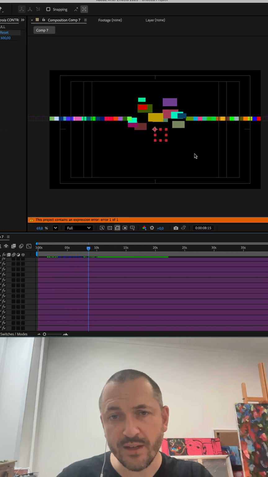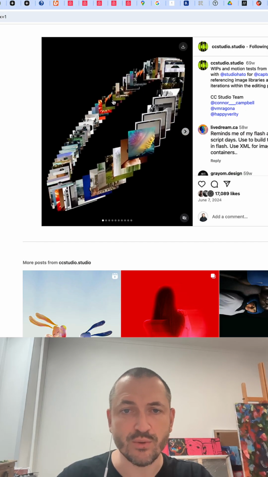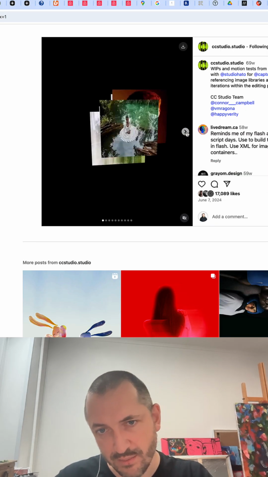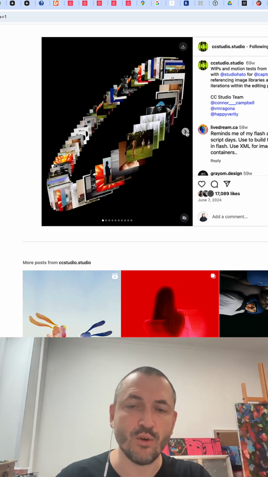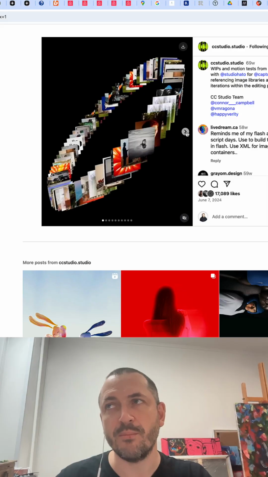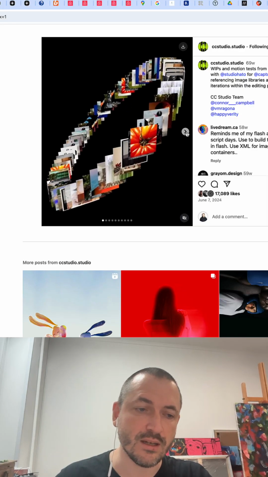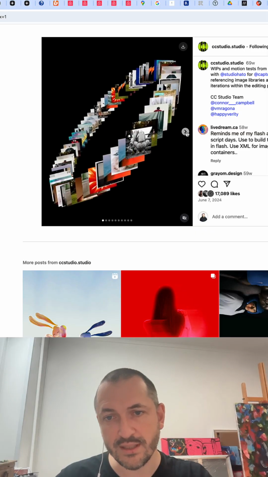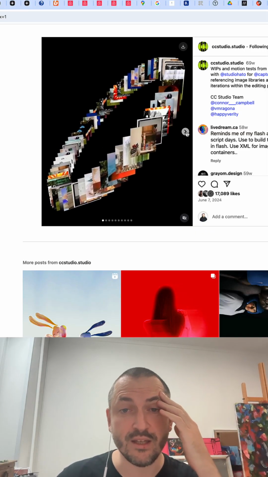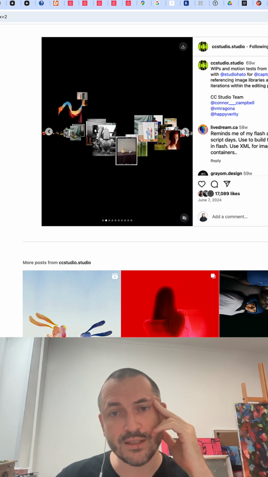So thank you everybody for watching, and I think you understand how to do this. According to almost the same technique, objects should travel along the path, and to travel along the path you need to understand the method pointOnPath. If you don't understand, comment, and in 1 or 2 years I will create a tutorial about this.